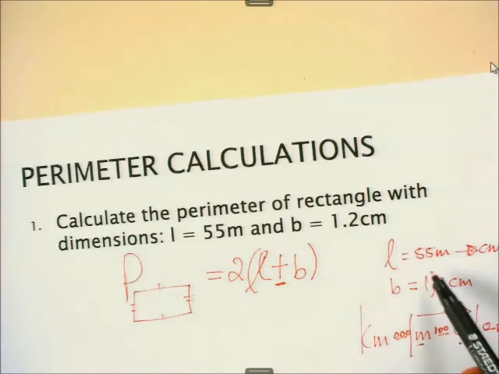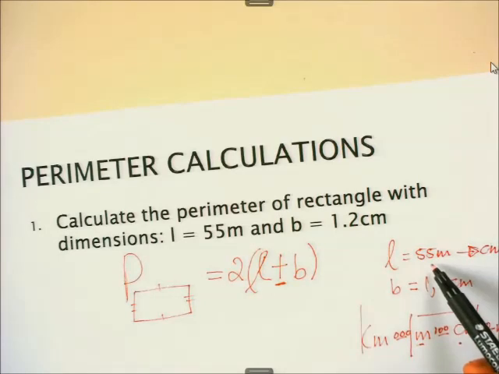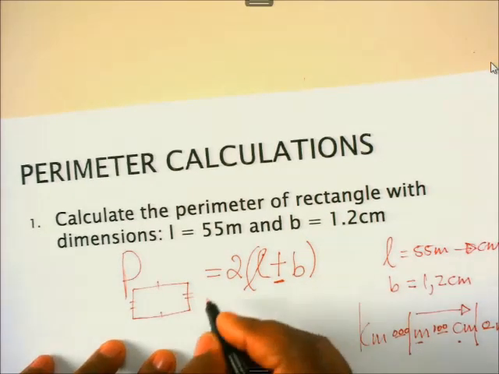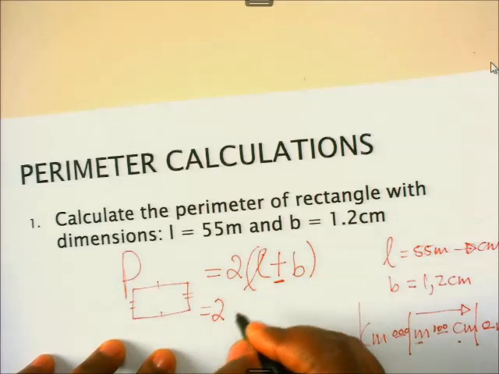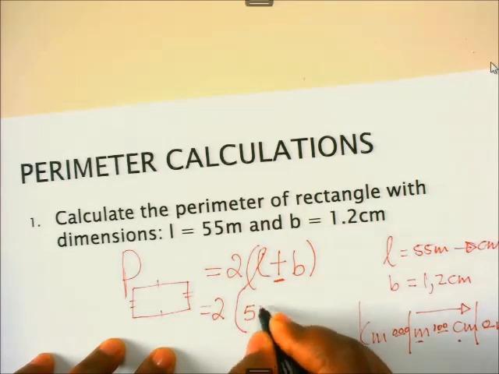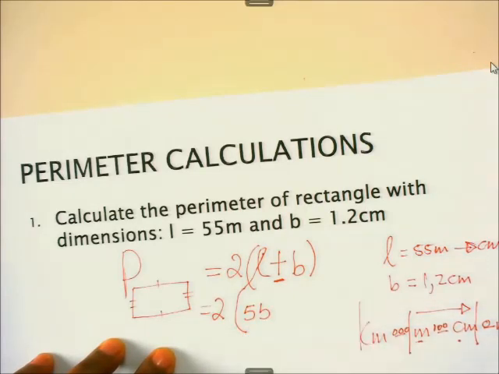It means now we need to multiply 55 by 100. Then when we multiply 55 by 100, we go straight to our formula. We drop down the 2, and then our length now is 55 times 100. We do not need to consult the calculators for that, guys. Some things we don't need to consult calculators for. It's 55 times 100, which is equal to